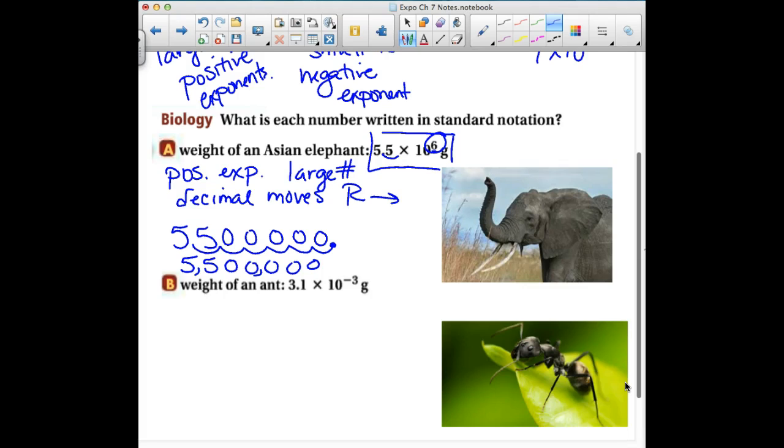All right, the second example. We're looking at the weight of an ant. It's very tiny, 3.1 times 10 to the negative 3. Okay, so small number means that we have a negative exponent, right? So if you see a negative exponent, our answer should end up being a small number. We have 3.1 times 10 to the negative 3. We need to move the decimal